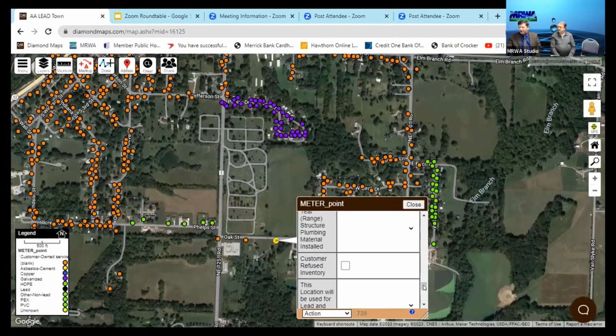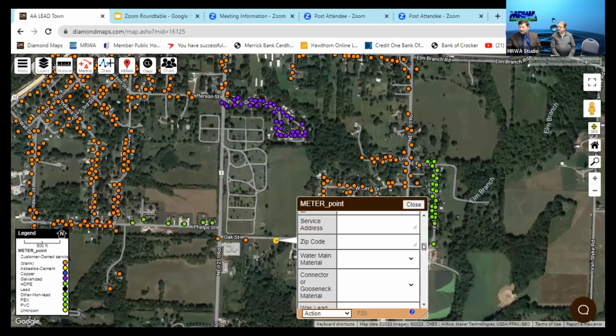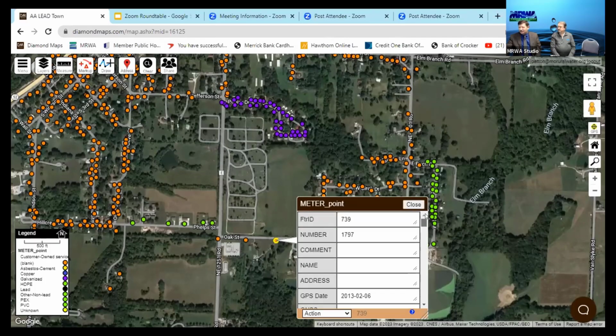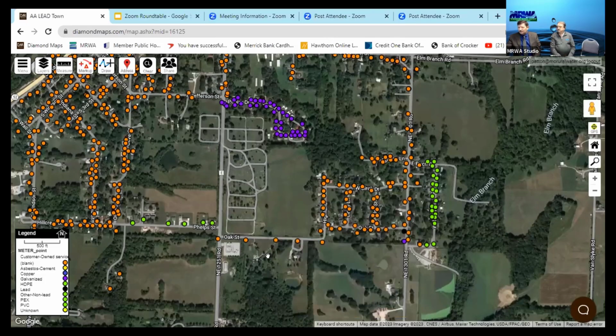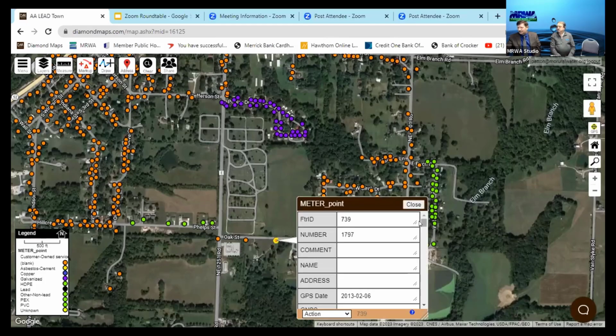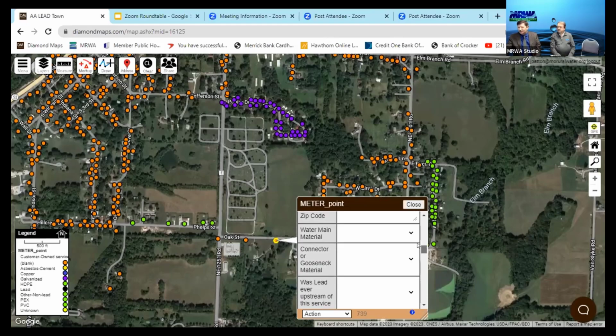So I can start right here. One of the things we talked about is this feature ID number, and don't let me forget about that. I want to talk about that before we get off of here. So that one item, and we go down to here, and if we filled out the entire sheet and we went to that customer's part of the line right here, the material, and I'm going to say, I know for a fact that this one's lead. I'm going to put lead on there and I'm going to hit apply.